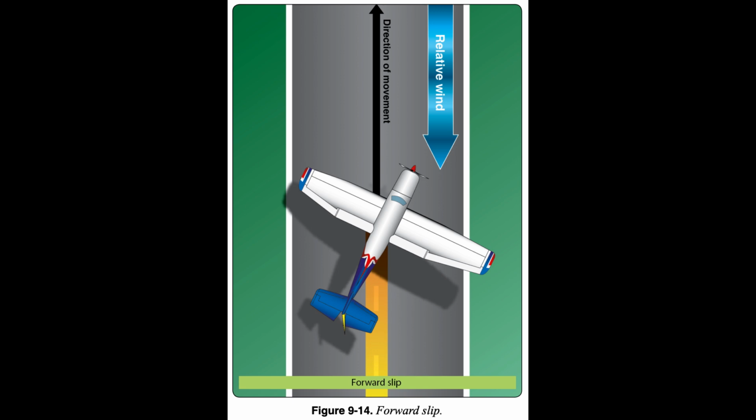In both side slips and forward slips, the point may be reached where full rudder is required to maintain heading even though the ailerons are capable of further steepening the bank angle. This is the practical slip limit because any additional bank would cause the airplane to turn even though full opposite rudder is being applied. If there is a need to descend more rapidly, even though the practical slip limit has